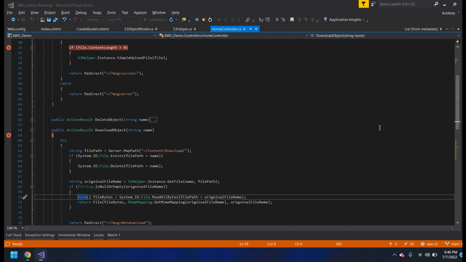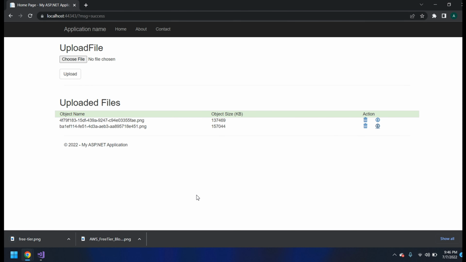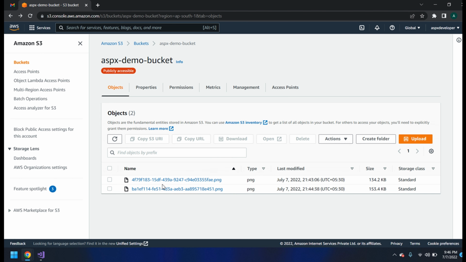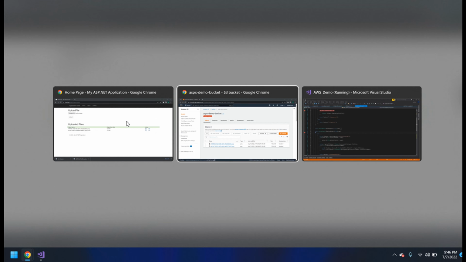So I can download the second one as well. F5, so both files have been downloaded. Now the last one is if we want to delete any object from the S3 bucket. So there are two files. So I'm going to first delete 4F79. So 4F79 is this,